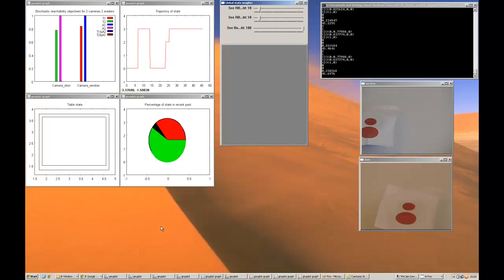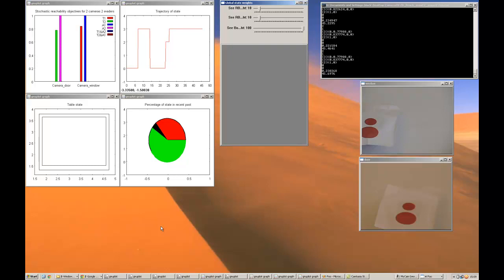In this example, we have split the table in two parts, the upper part and the lower part, and each camera is responsible for only one of these. So effectively, when an object is within the surveillance area of one camera, which would be, for example, for the camera at the door, the upper part of the table, and for the camera at the window, the lower part, then the system tries to find an allocation to also account for the fact that the cameras can only view half the table, and this is happening automatically.